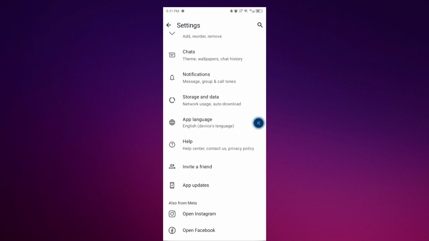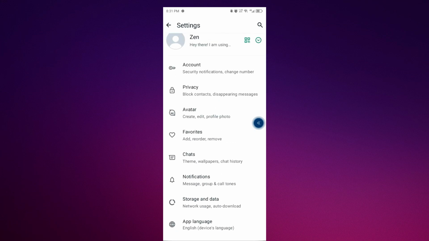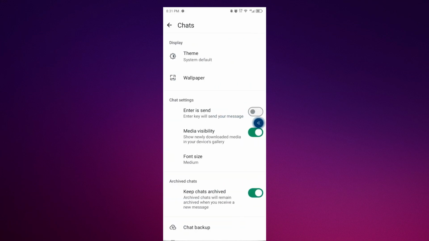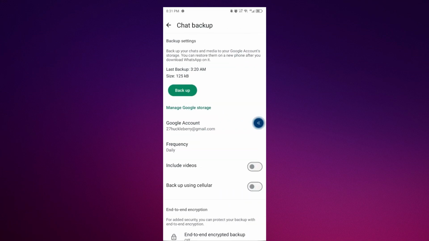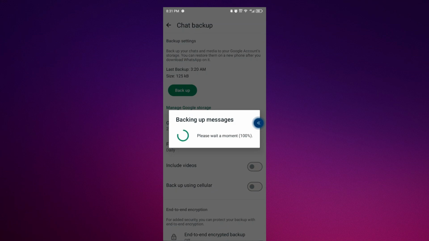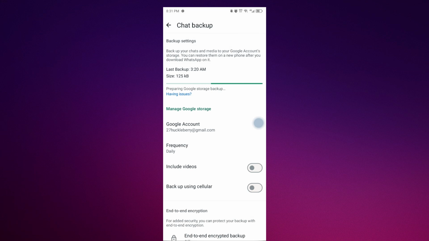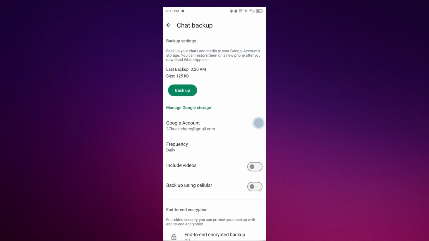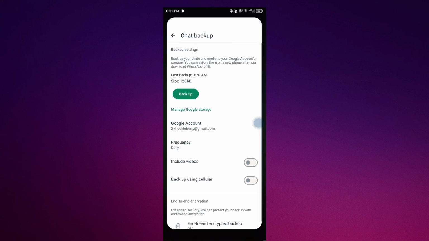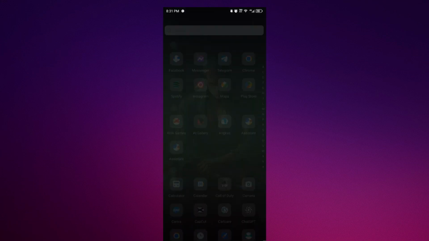Once you're in here, just go to your chats and be sure to back up your messages. And once you're done with that, in case you have something important in the messages, you have to back up your file. So after that, go to WhatsApp again,